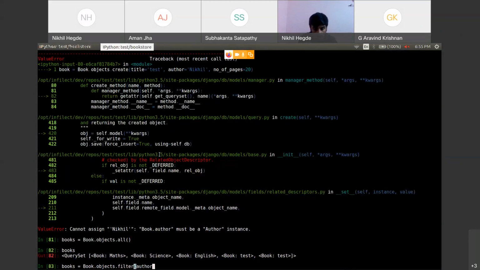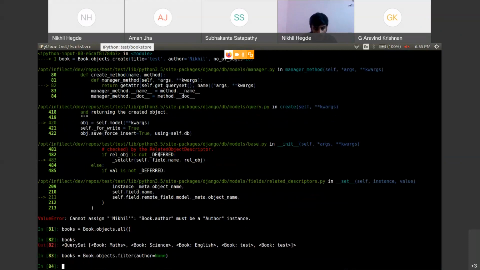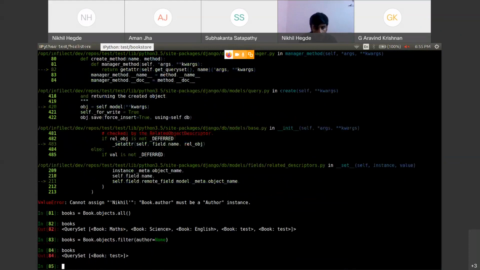So to do that, you cannot pass it like this. Yeah, so you can pass it like this. If you give books.objects.filter(author=None), now you have got whatever you created just now. Okay, but assume that